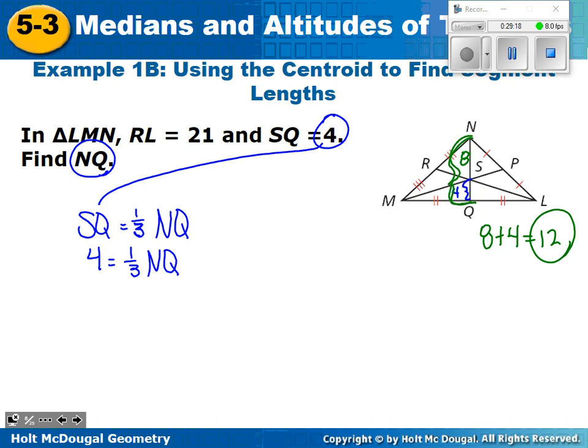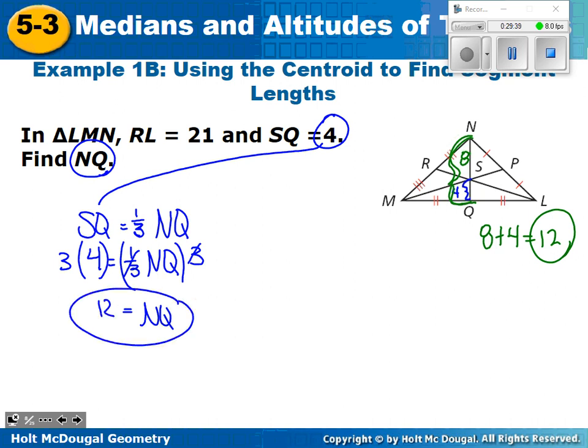What would you do to solve for NQ? Multiply by 3 or divide by 1/3. It's multiplication here, so we wouldn't subtract. Be careful. Divide by 1/3 or multiply by the reciprocal 3. So if I multiply both sides by 3, NQ is equal to 12, which is what we got just doing it mentally. If one of the thirds is 4, 2 of the thirds is 8, 8 plus 4 is 12. Does that make sense? Okay, here's the